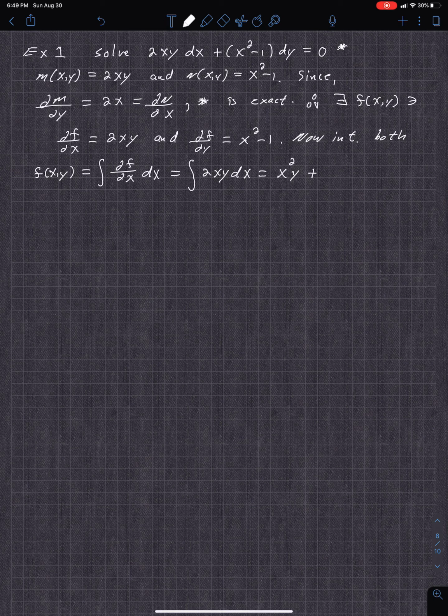So it's usually what? Plus a constant. But if it's two variables, it could be any function of just y. So we say g of y. And integrate the other one,